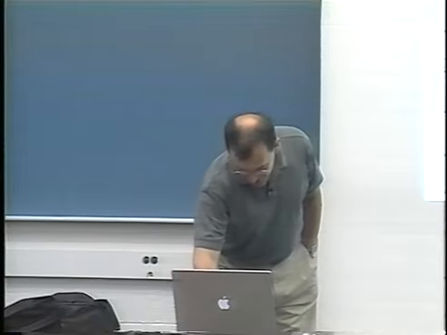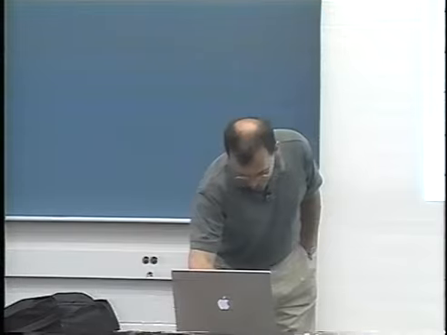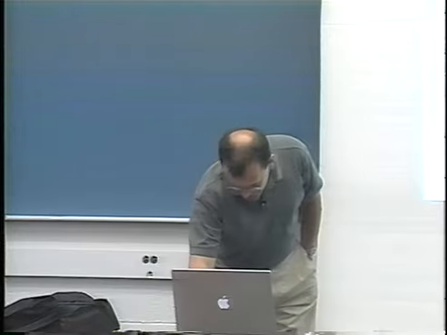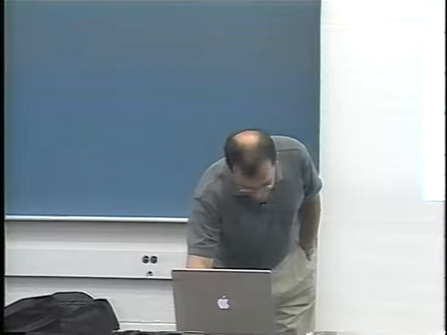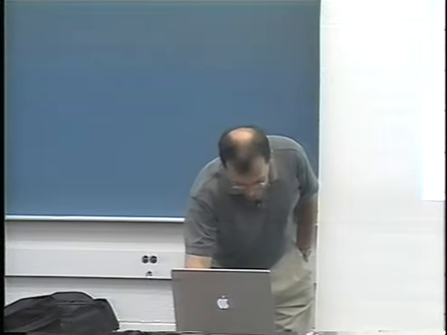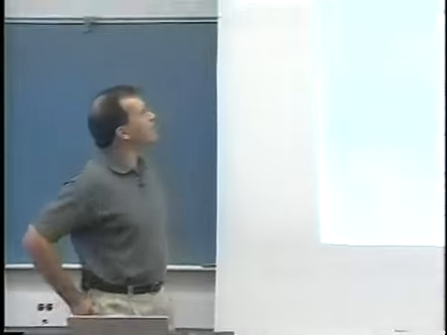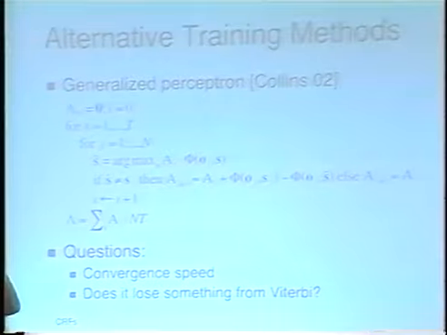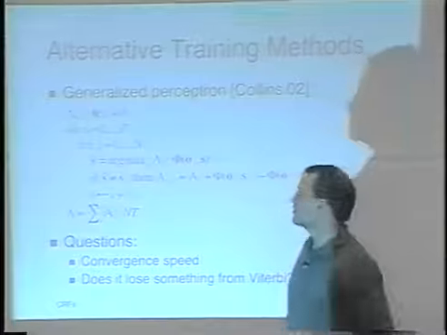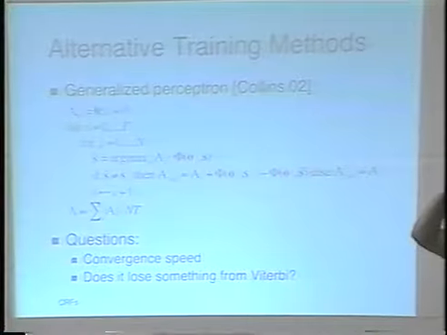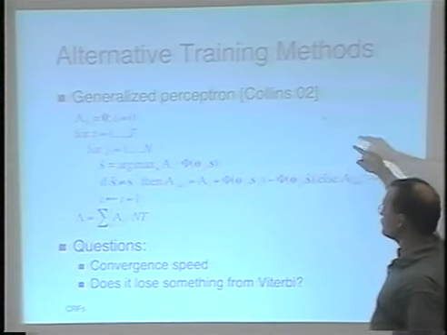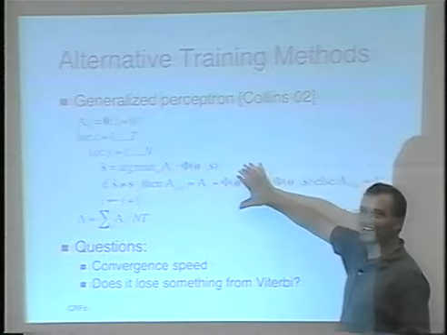Actually, I have a slide. For those of you who didn't go to his EMNLP talk, this is so cool that it deserves looking at. I just have to show this because it's a really nice idea. Basically, it's a linear classifier or linear labeler. It scores a sequence-labeling pair. And this is the algorithm.